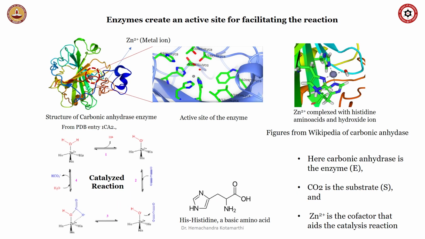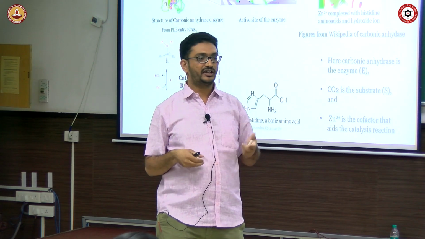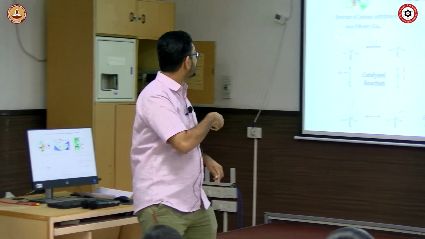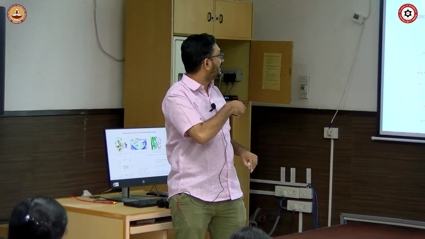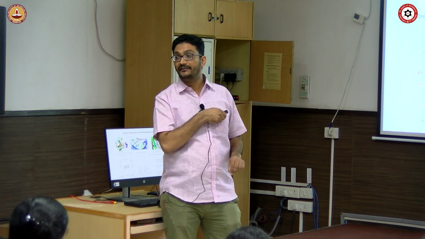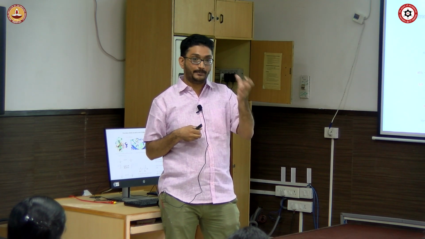But okay, so let us simply take the example of the carbonic anhydrase structure. Okay, I told you, right, what is this? This is nothing but polypeptides that fold into a secondary structure, that further fold into a tertiary structure, and then form a quaternary structure, making it a multimeric structure. So this is the structure of a carbonic anhydrase. In this carbonic anhydrase, there is a region called the active site. Active site means where the reaction is actually happening, right?